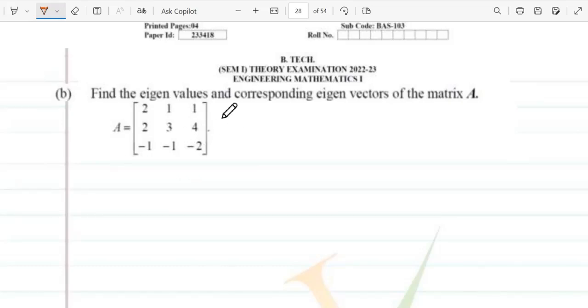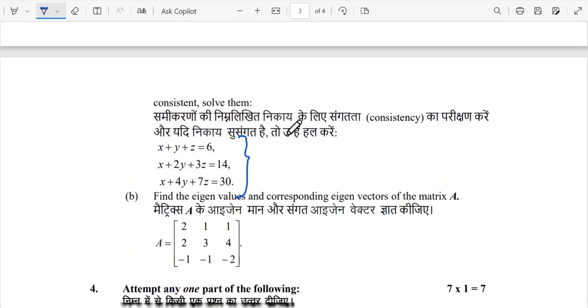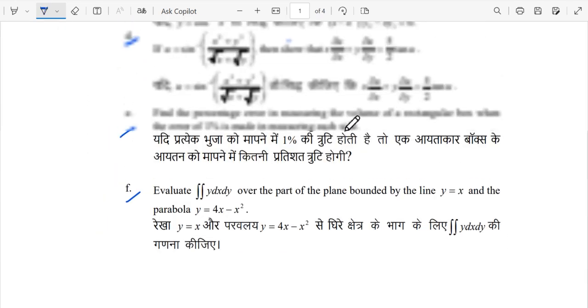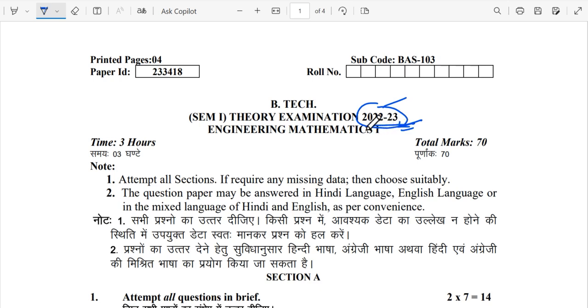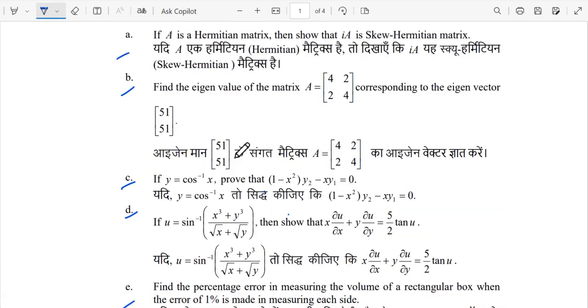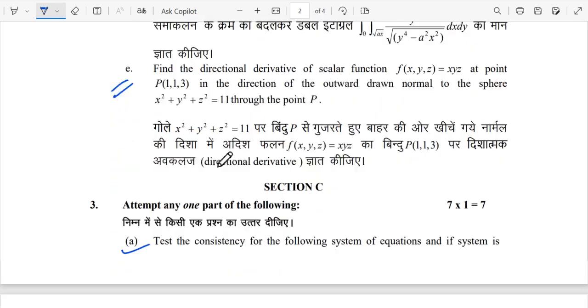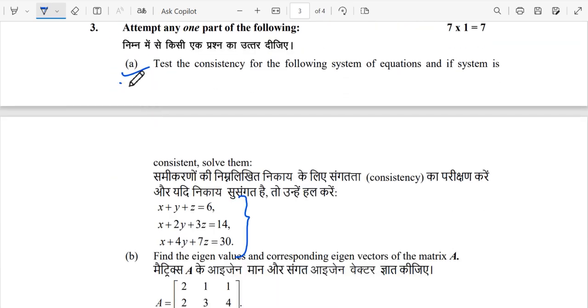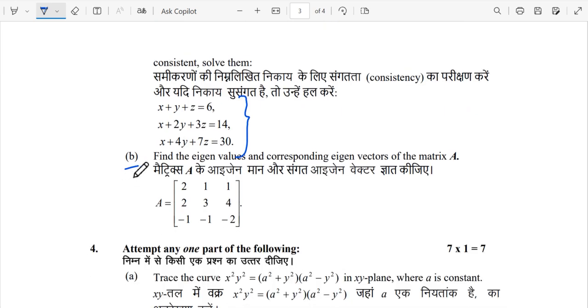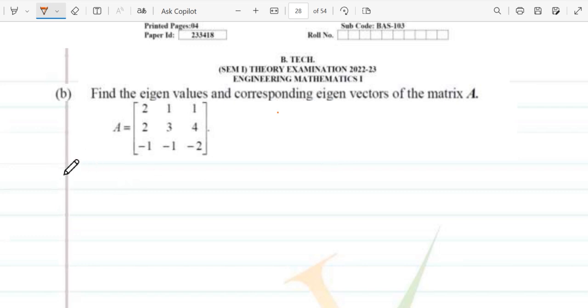ये हम क्वेश्चन पेपर सॉल्व कर रहे थे 2022 एंड 23 ना। ये क्वेश्चन हमने सब सॉल्व कर लिए थे यहाँ तक। हमें ये क्वेश्चन सोल्व करना है। क्या कह रहा है भाई, फाइंड आइगन वैल्यूज एंड कॉरस्पॉन्डिंग आइगन वेक्टर्स। ये क्वेश्चन भी आता रहता है। देखिए क्या सोल्व करते हैं।